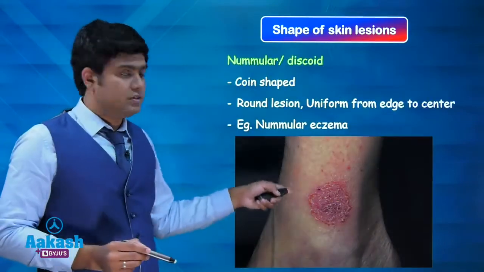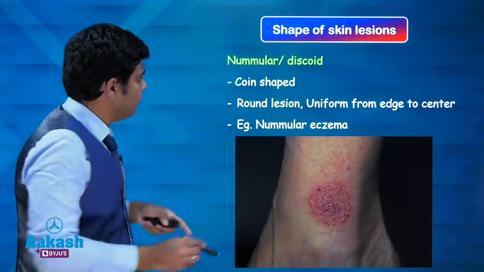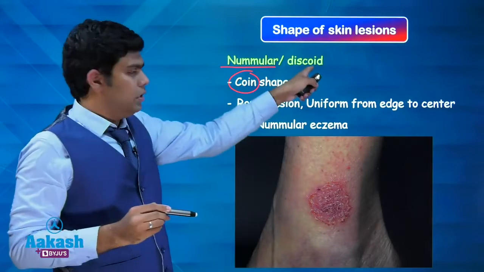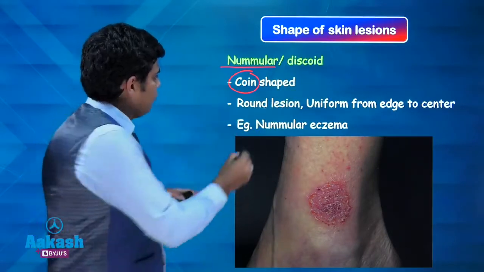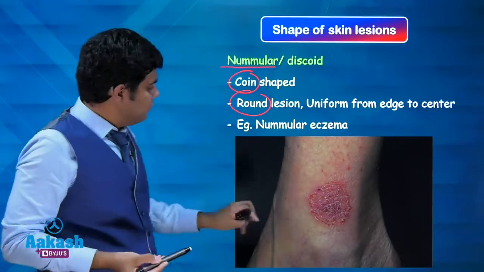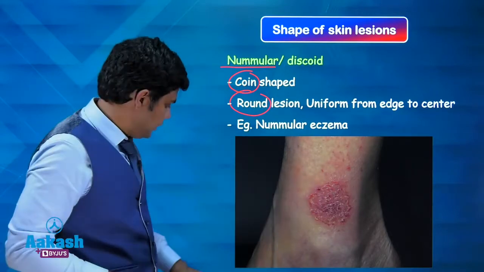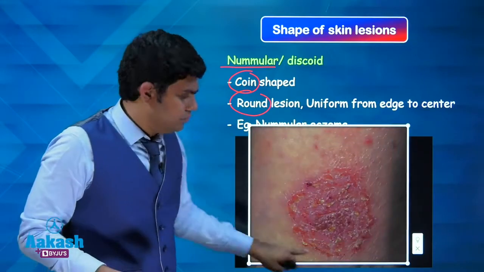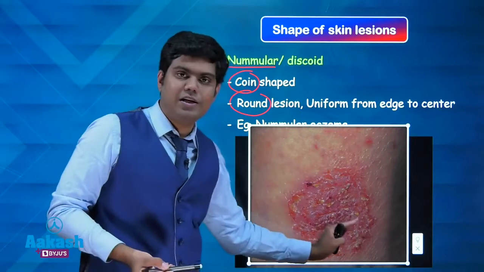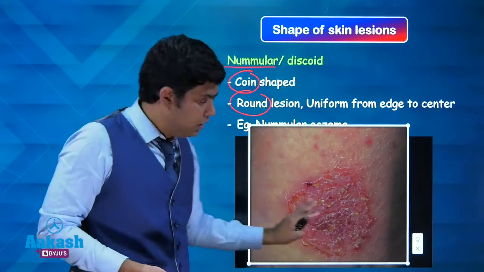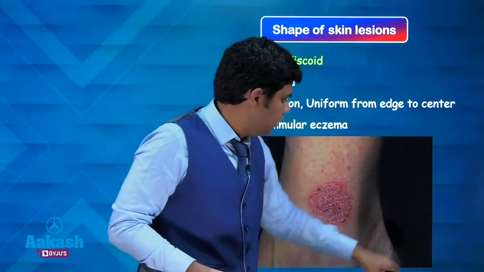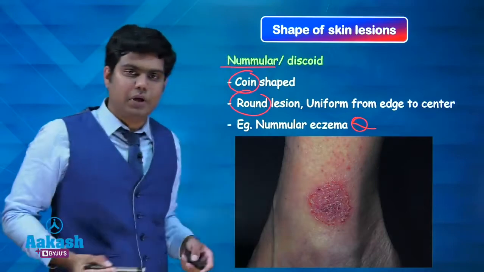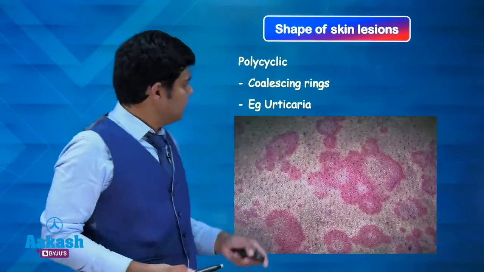What about this? This was option C and option D, nummular. What is the meaning of nummular? Coin shaped, round. Discoid, disc like, again round. So a round lesion, round to oval, which is uniform from edge to center. Let us zoom it. Can you appreciate this? A round lesion and it is uniform from the periphery till the center. There is no central clearing. There are no zones here. So it is uniform. This is nothing but a nummular or discoid lesion. Characteristically seen where? In nummular eczema. So this is a case of nummular eczema, okay friends?